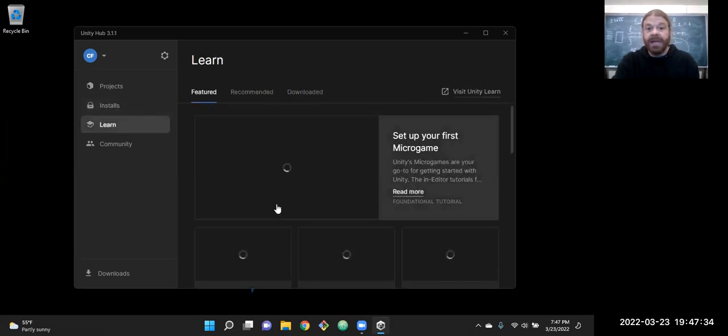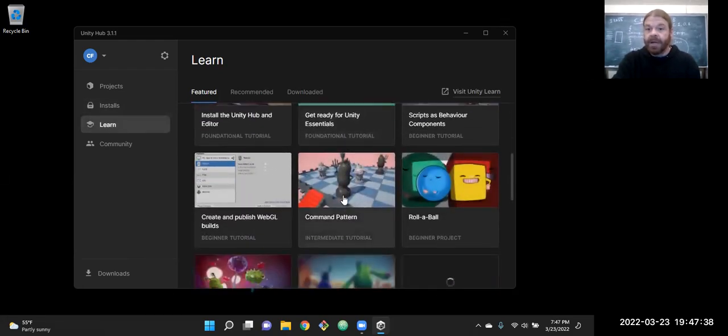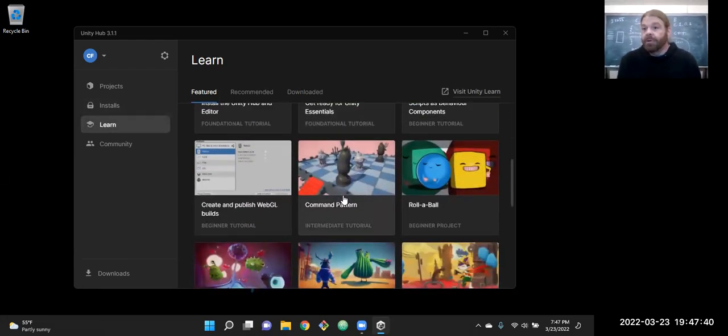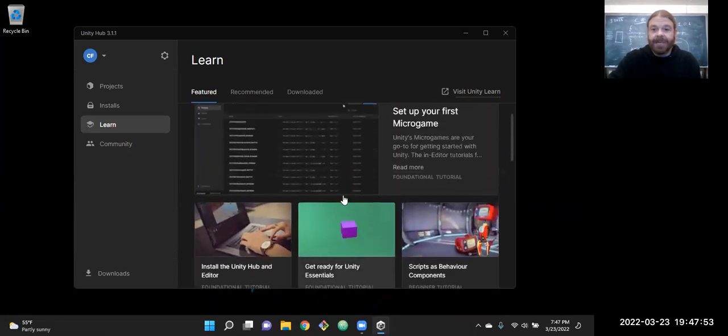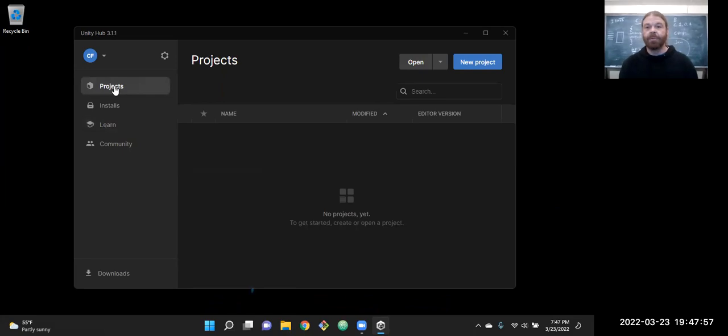Here in the hub, you'll see there's this Learn tab. So there's tutorials right here, but they're Unity tutorials. They're about how to use the engine. We're going to cover some of that. And in the class here, we're going to be looking more at game development in general, the mindset we need to be in, how to progress stuff, more than just the tool that we're going to use. Unity is just the tool we're going to use.